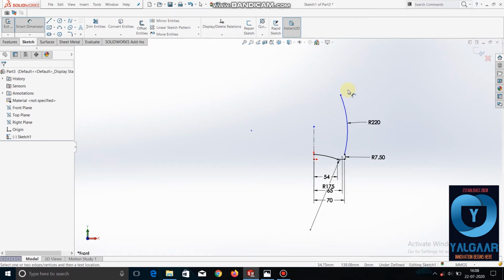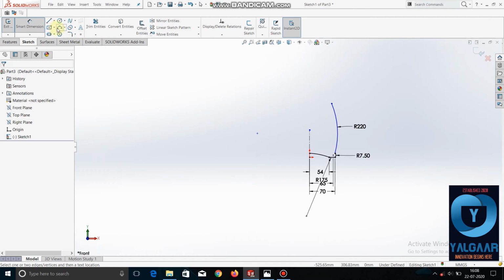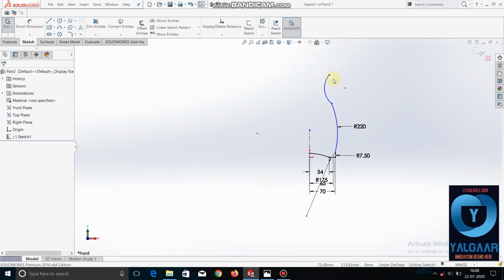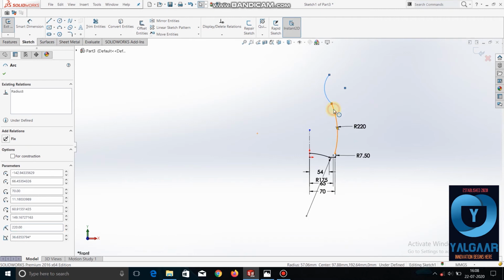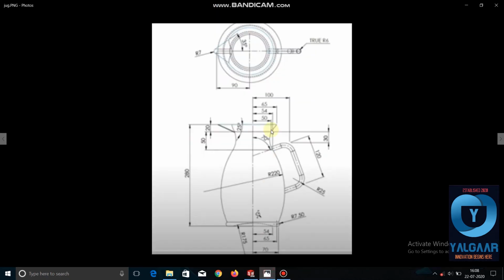And there's another arc. So we will make this tangent. Now we can see here one line is there, straight line.